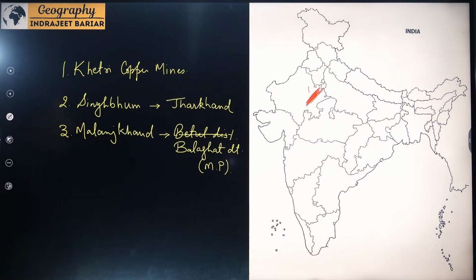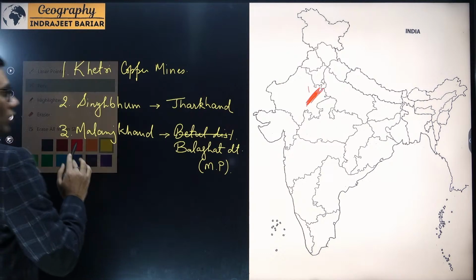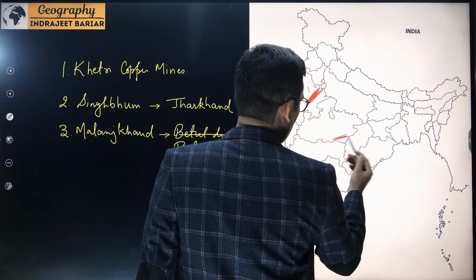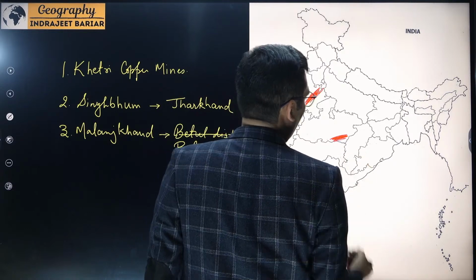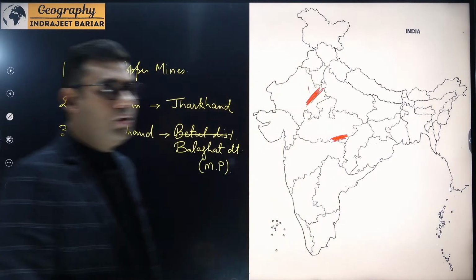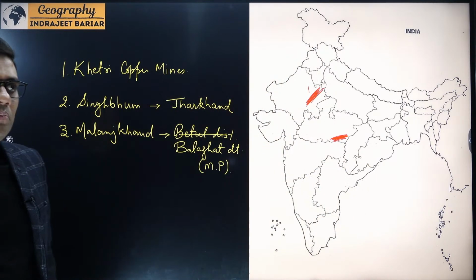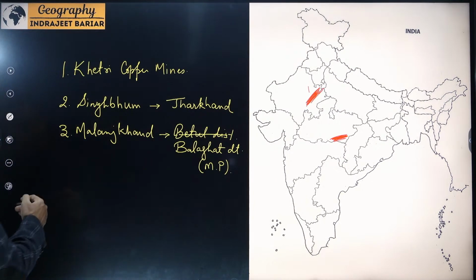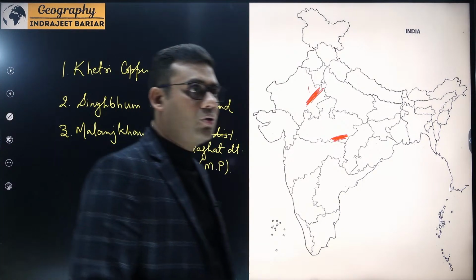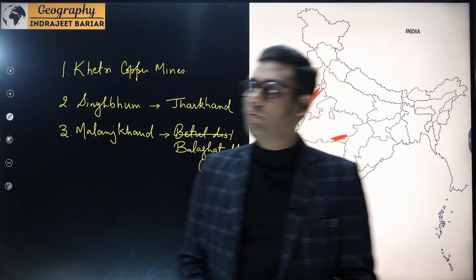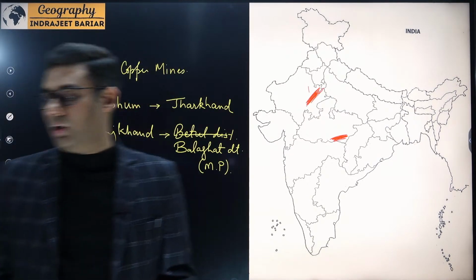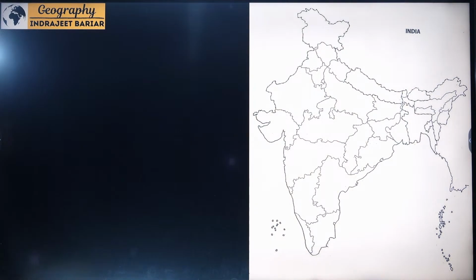These are the three major regions, and over here this is the Malanjkhand part. So over here, these are the three major areas or regions where we find copper. Now overall, if we see copper production in India, it is not very high, not very large, and so we are majorly dependent on the imports of copper.